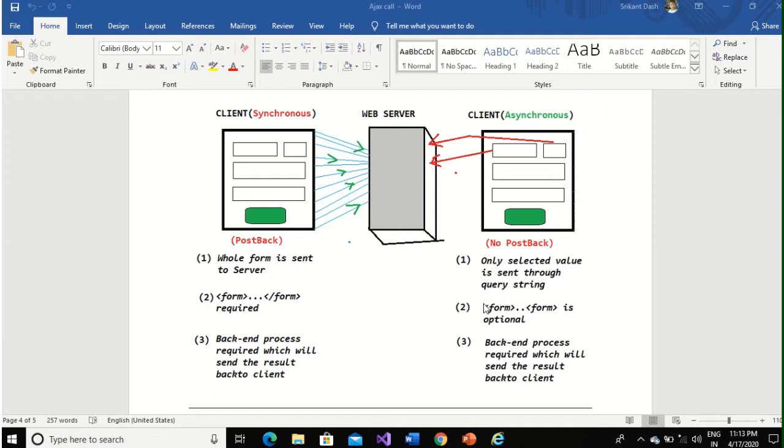So far we have done the asynchronous call with JavaScript. Now this is the picture which shows the left side as the synchronous call and the right side as the asynchronous call. Synchronous calls happen in ASP.NET applications and MVC applications also. The whole form is submitted along with all the objects inside it, like text box and button, to